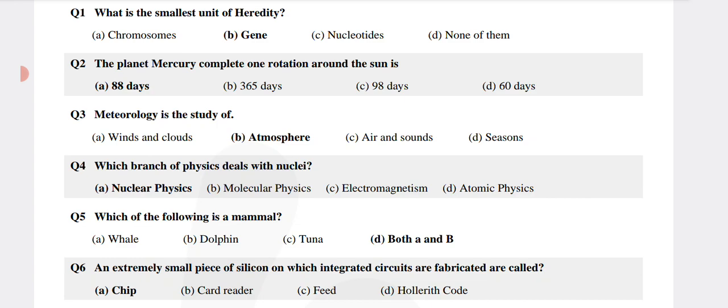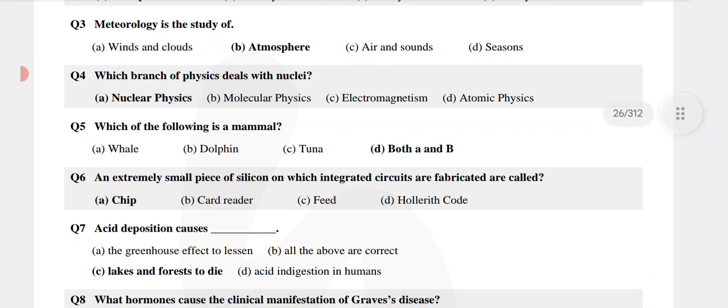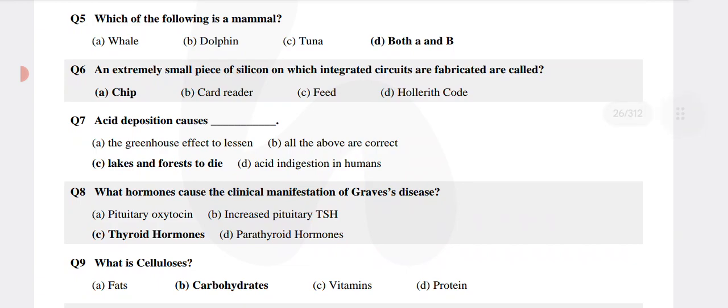What is the smallest unit of heredity? That is gene. The planet Mercury completes one rotation around the sun in 88 days. Meteorology is the study of the atmosphere. Which branch of physics deals with nuclei? That is nuclear physics. Which of the following is a mammal? That is both A and B: whale and dolphin. An extremely small piece of silicon on which integrated circuits are fabricated is called